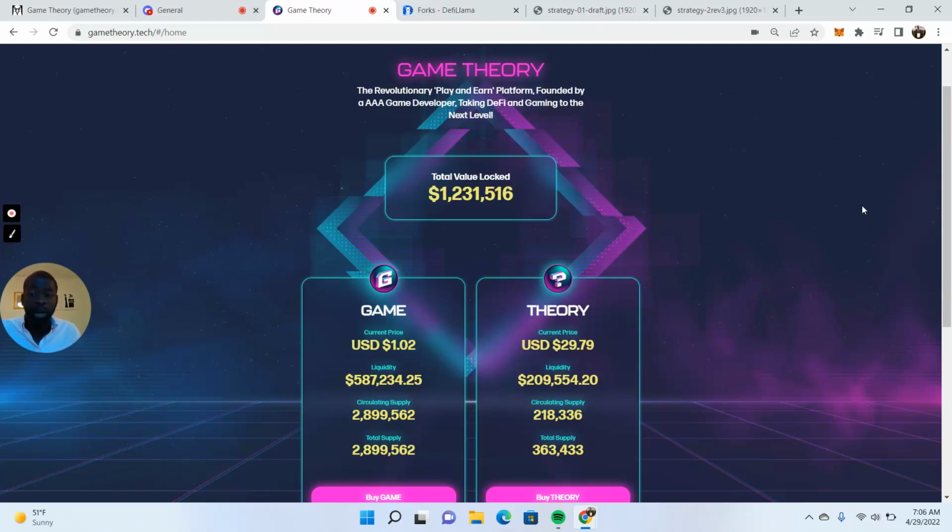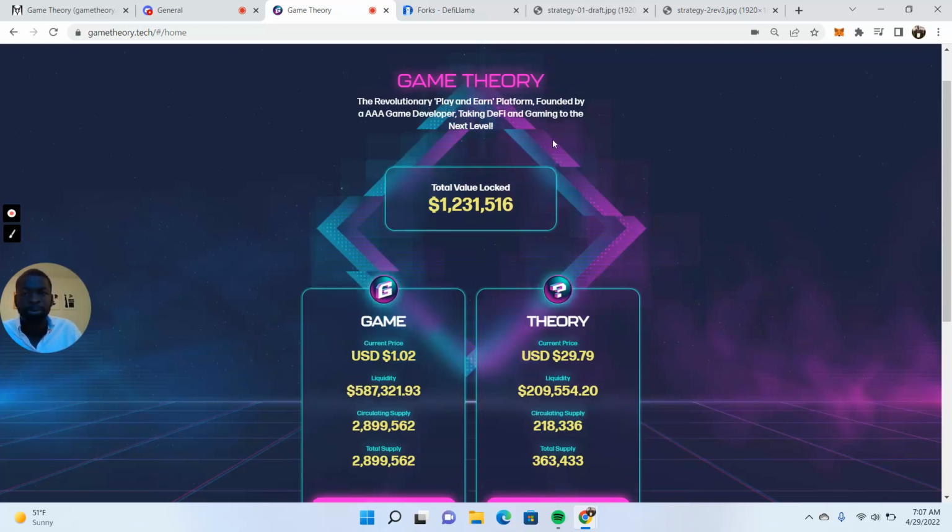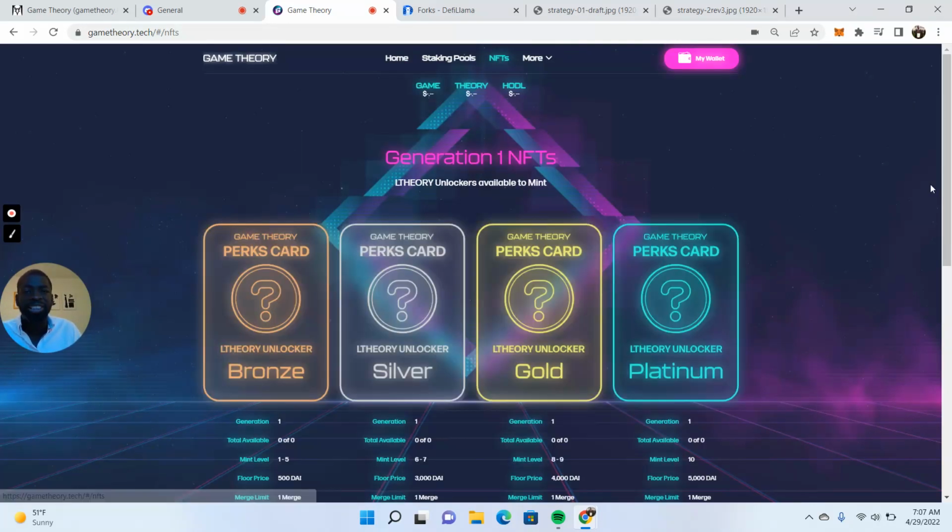In terms of unique holders, we're sitting at 362 different unique holders on the game token. So that's steadily going up and up. Last time we did this video, we were sitting at 340, so we gained another 21 holders. It just keeps on steadily increasing, which is really important. In terms of the NFTs, the NFT minting is now back live.